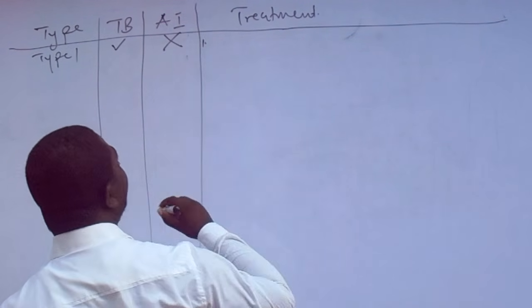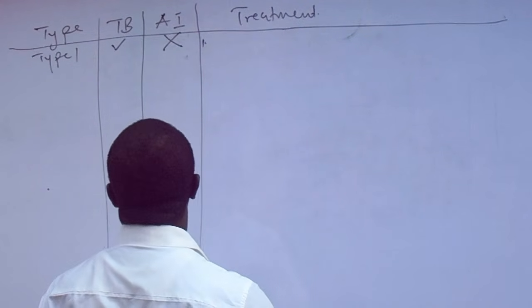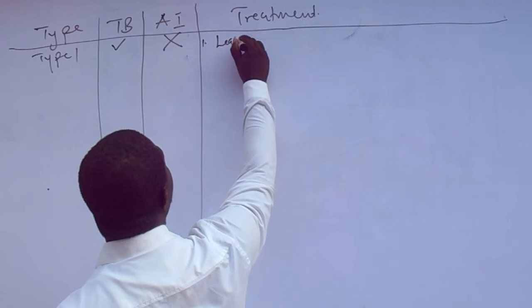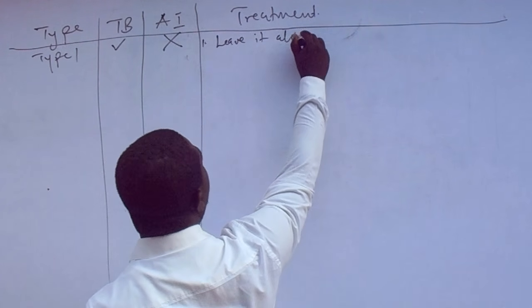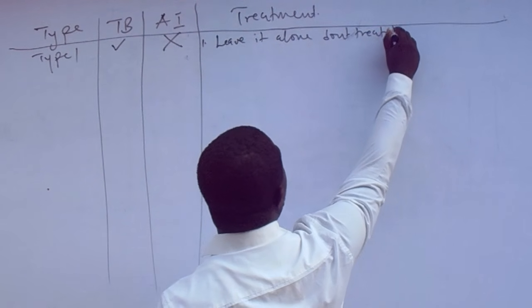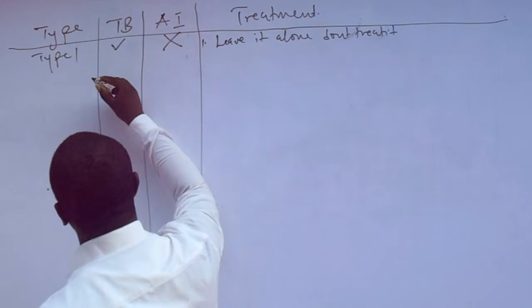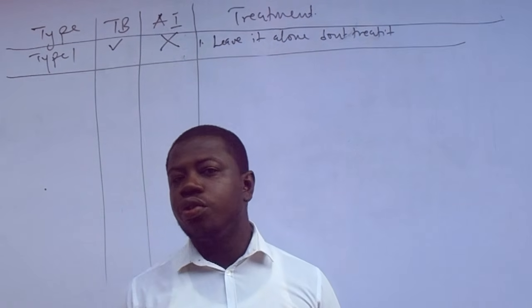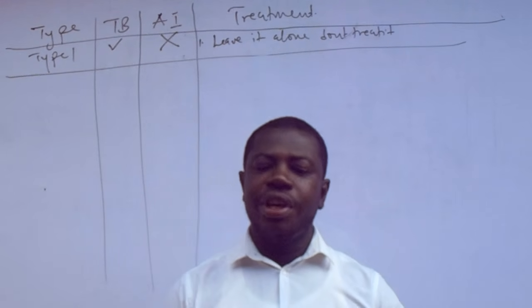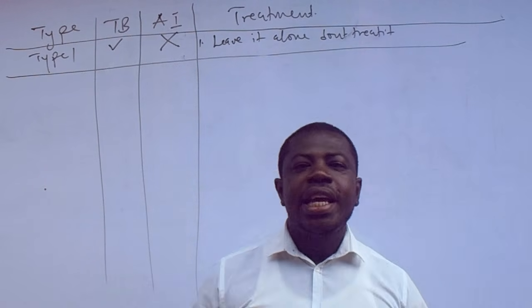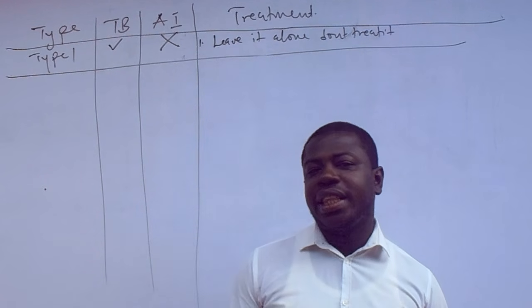I said that it has two treatments. The first treatment is that, I would say, leave it alone. Don't treat it. So that is, I would say, the treatment. Don't treat it at all. We didn't create any provision this year, so we are free. We are okay. Then when we get to type 2,